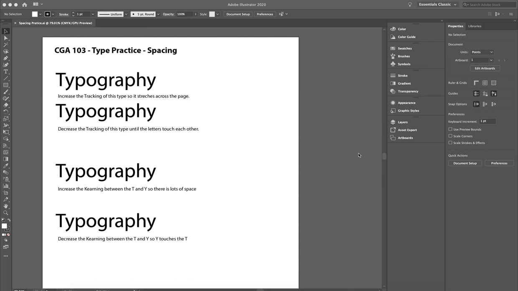All right, in this file called Spacing Practice, we're going to start working with what is called the tracking and the kerning of characters and words. Now remember, tracking is when you increase the space of an entire word, line, paragraph. So I'm going to select this word typography,